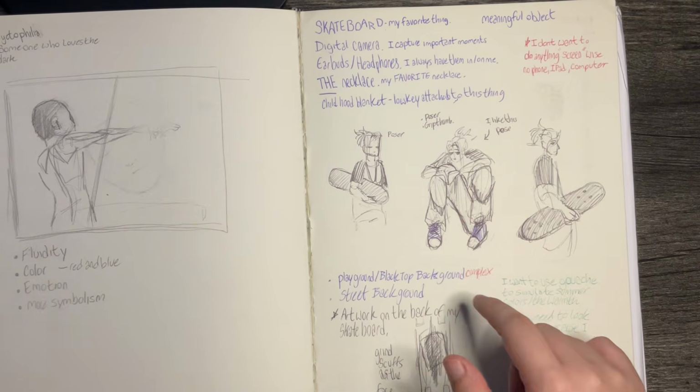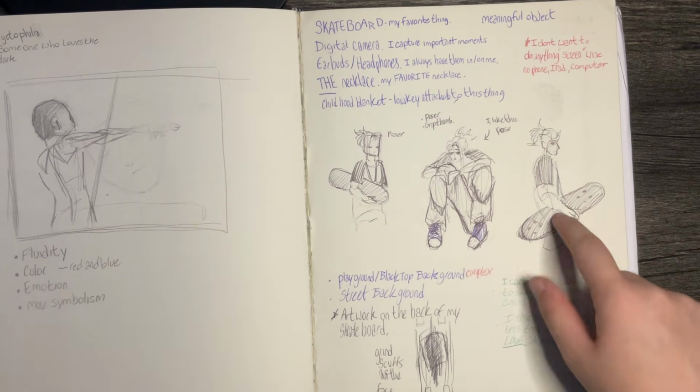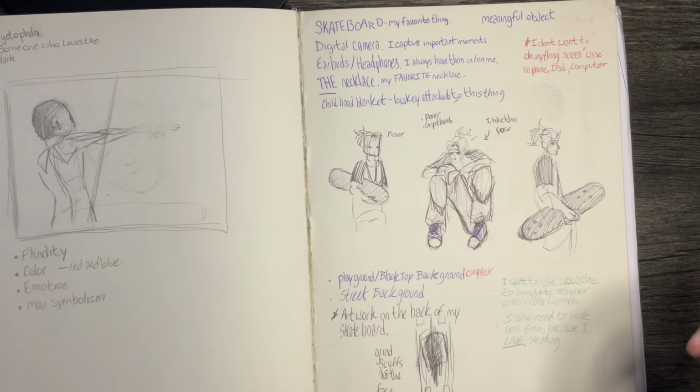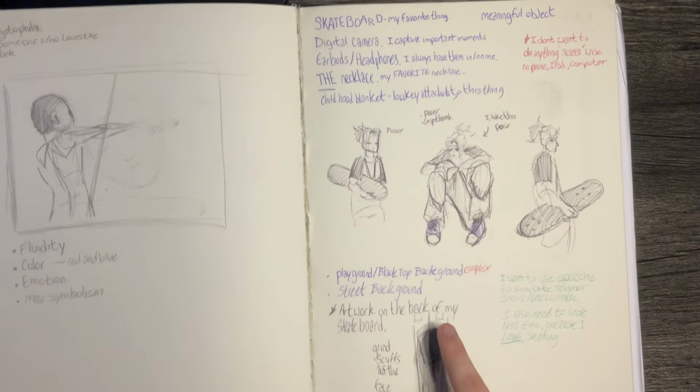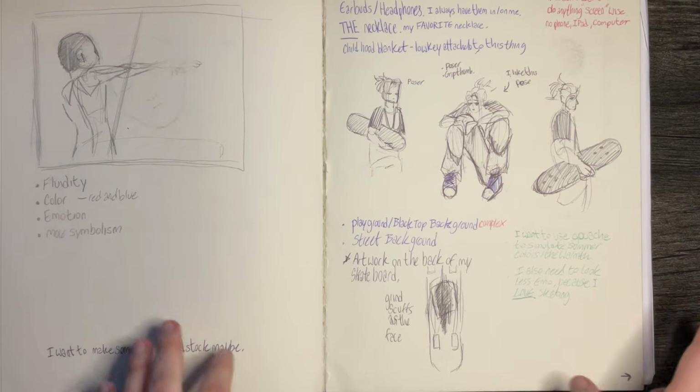But these were my posing ideas. I kind of wanted to do this one or this one, and then I was like, it doesn't even show the decal, that's not what it's called. I don't know. It didn't show the back of the skateboard. So I decided that I was going to do my own thing. And I was going to do a skateboard, and I was going to paint on the back of it.